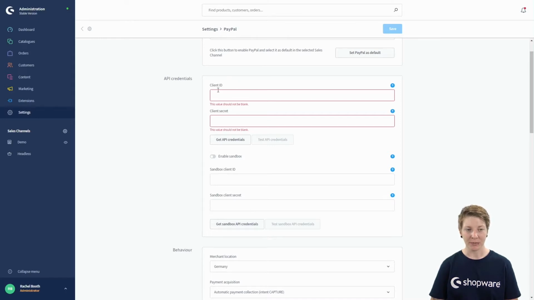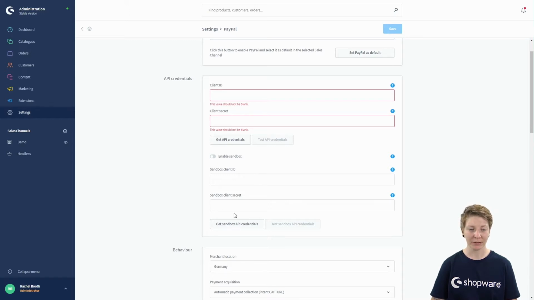Here we have the API credentials. At the top, we have our live client, our live data. So if you already work with a live shop, you can add your data in these fields. Or if you are still testing your shop and your payment methods, you can use the sandbox client.